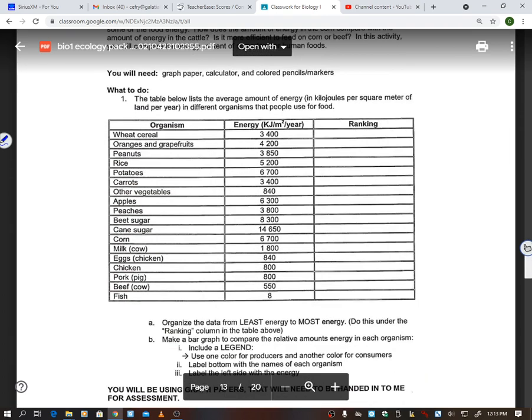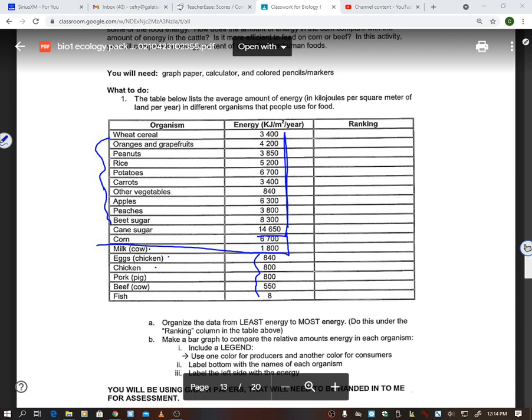Okay, now this is just showing energy, the energy that you are getting when you eat something. So look at this. You can see where our plant-based stuff here, look at how much energy you're getting. Like you're getting into the thousands, all right? And then when you start to get into our protein, look, you don't get as much energy. And that is simply because it's farther down in the food chain or the food web, right?